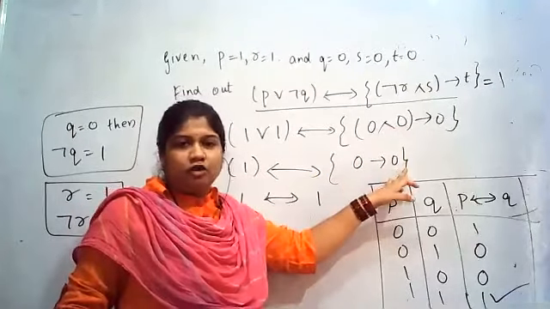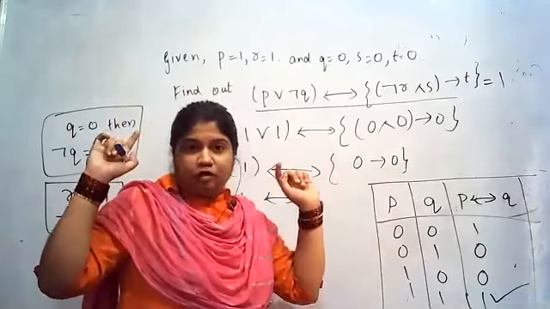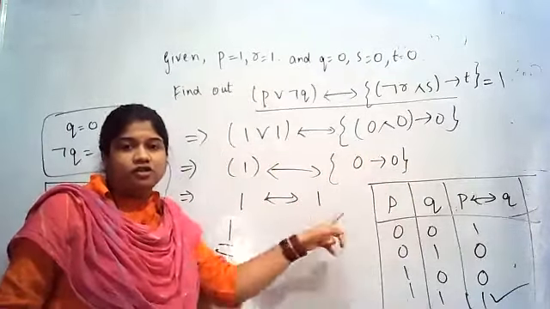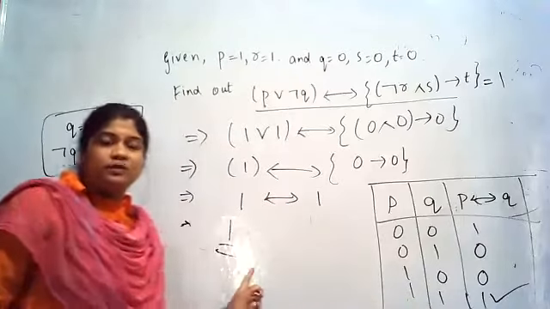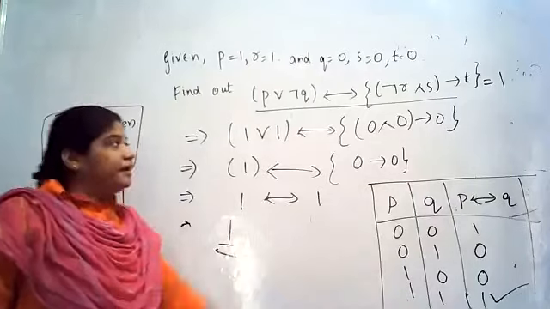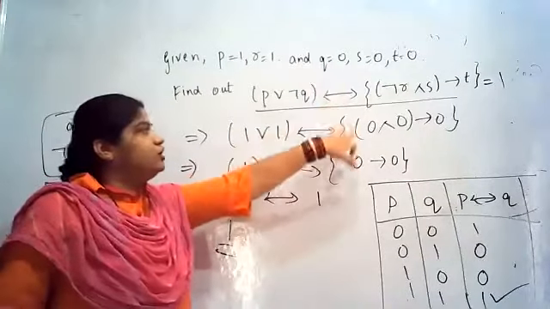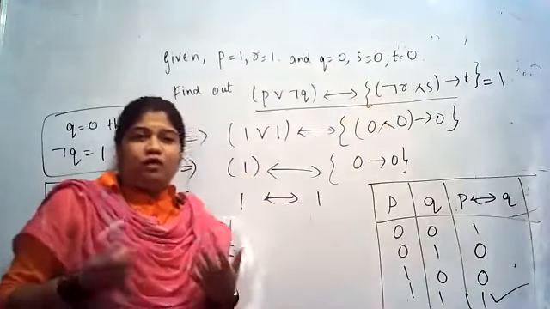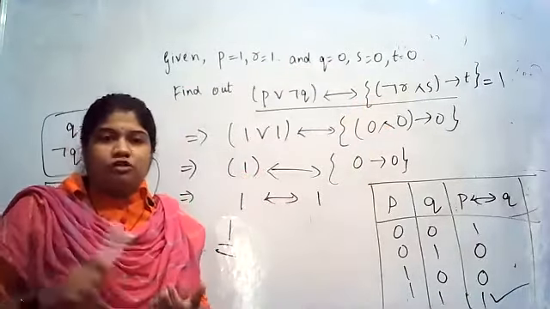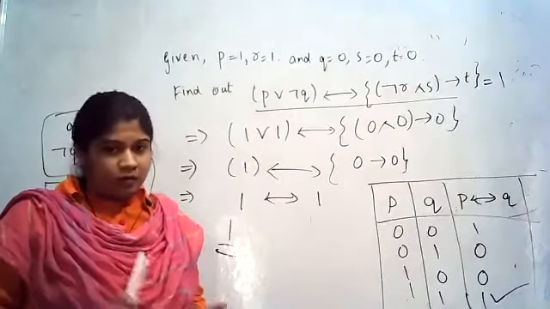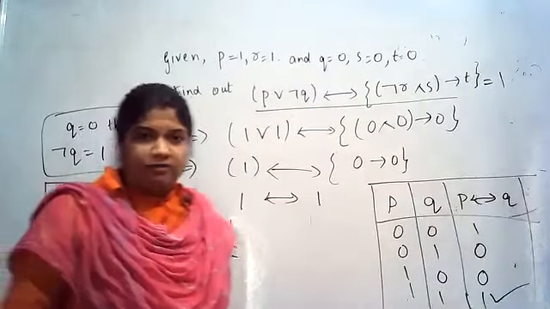0 condition 0: you need to remember the truth table. 0 0 is 1, so 1 by condition 1 is 1. This type of problem can be asked, where Q is given as 0 and they ask you to use negation Q. So you need to know what negation is, what and is, what or is, what disjunction and exclusive disjunction are, everything you need to know. You can copy for another 2 minutes.